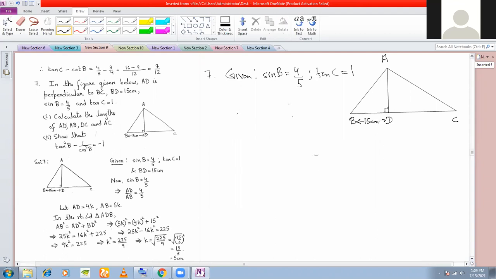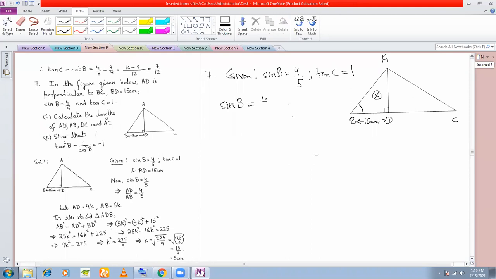Now there is a very important technique that you have to learn here. It seems that I won't be able to finish this problem, but I want you to understand this technique. We shall be using this technique extensively later on, okay, in almost all the problems. So given here is sine B. See, B is this angle here, right? So we consider this right angle triangle, right?